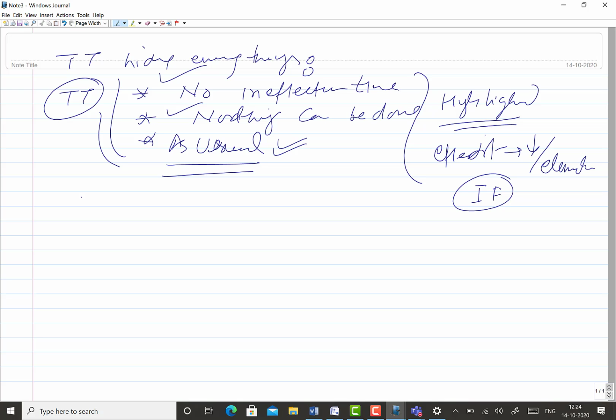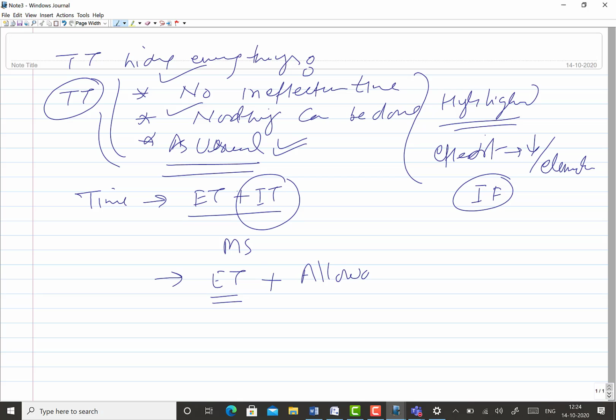Okay, so once that time is there, whether it is effective time plus ineffective time, we get the total. So efforts will be made to reduce the ineffective time through the method study, so that we are left with the primarily effective time. Once we have effective time, then certainly some allowances will be added. The time needed to do a particular job by a qualified worker at a given level of performance will be added with